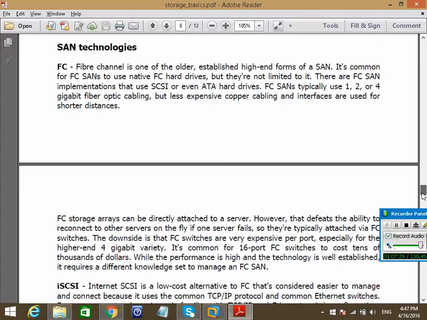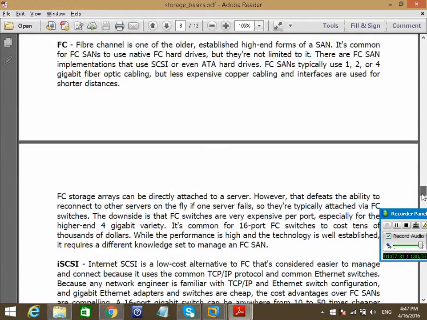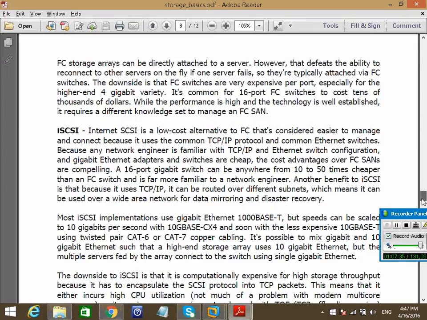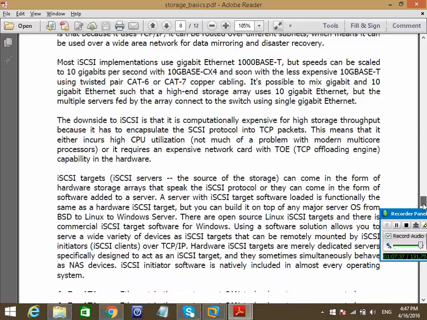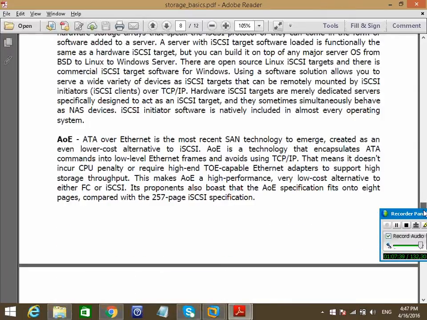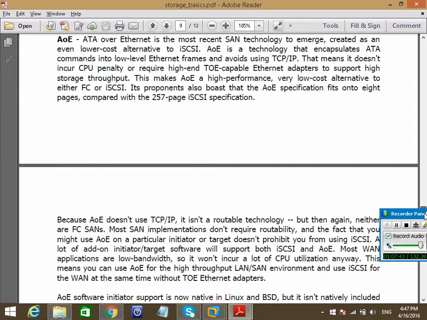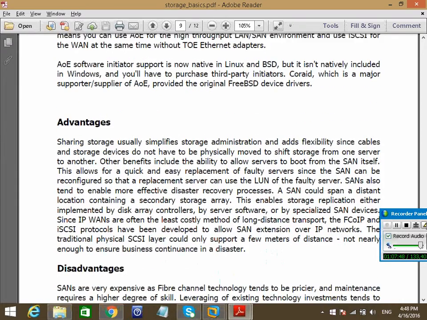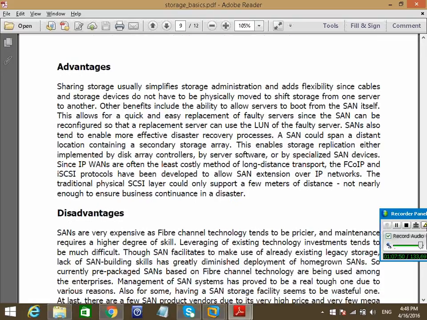So the SAN technologies used are FC, SCSI, and AoE, ATA over Ethernet. Okay. Let's go through this. Advantages. Now, if you read the advantages,